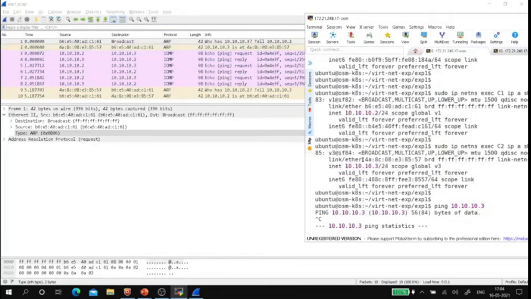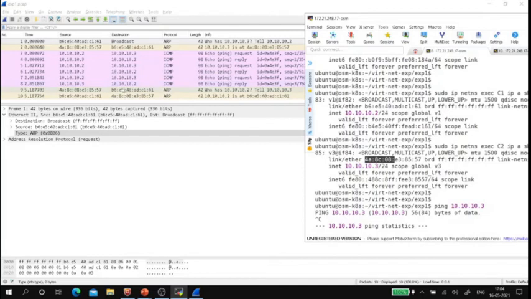Where is C2? What is its MAC address? 4A8C08. So that container, that host has now sent a direct reply to this MAC address saying that, hey, I have this IP address 10.10.10.3. That's the ARP reply. Now, once the MAC address of the destination is got by the container C1, now the ping will be successful. See, they have pinged three times: request, reply, request, reply, request, reply.